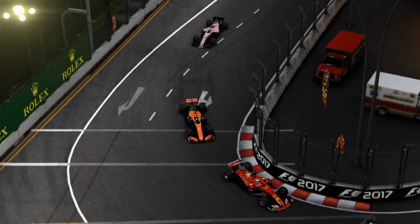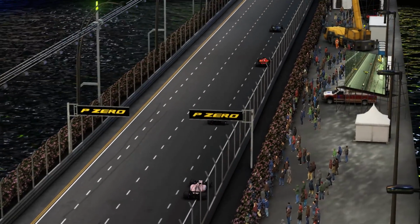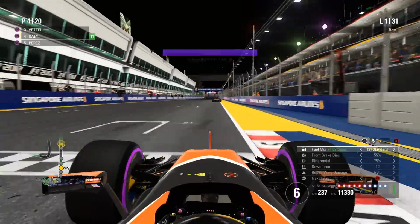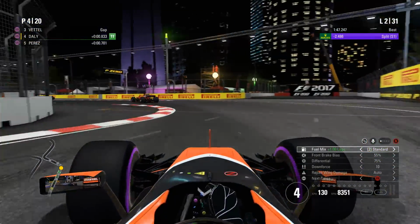I thought he was going to get squeezed into the wall. Could have been a massive crash, could have lost his front wing. Anything could happen if there was just a little less room between the 2 championship rivals there. But thankfully, we survive. Bottas sets the fastest lap of the Grand Prix, unsurprisingly, but it's going to be down